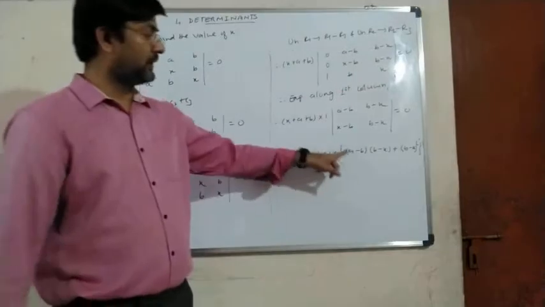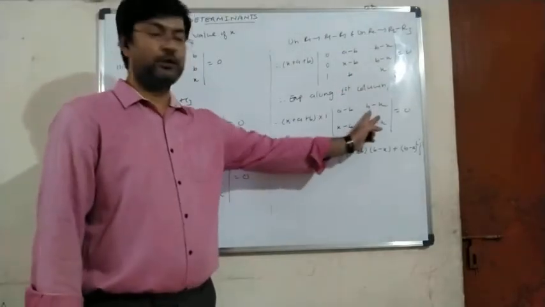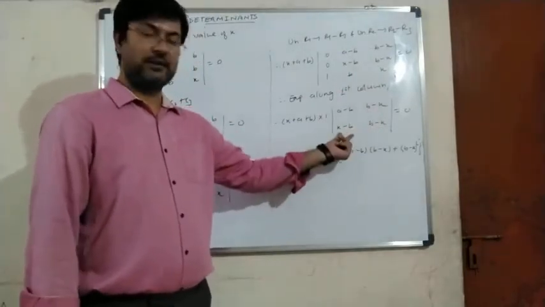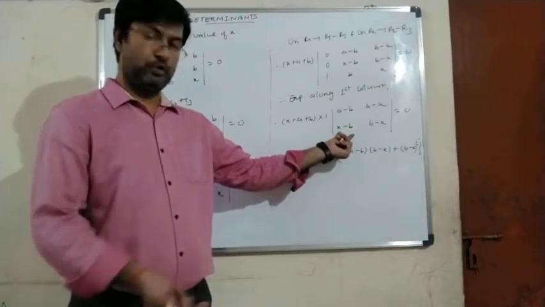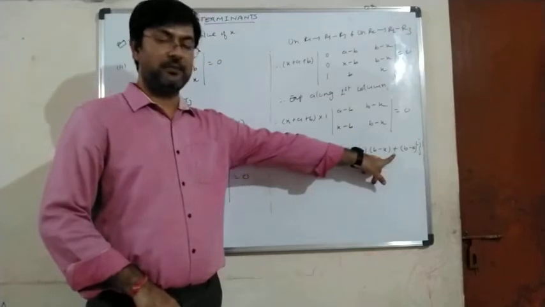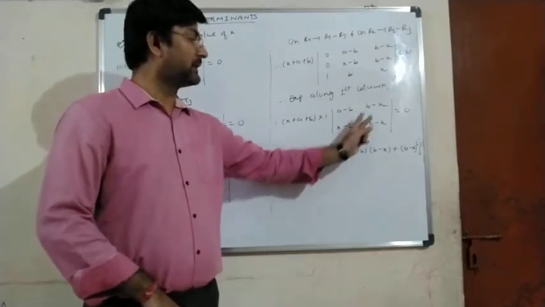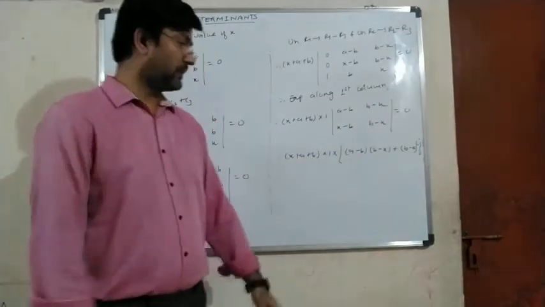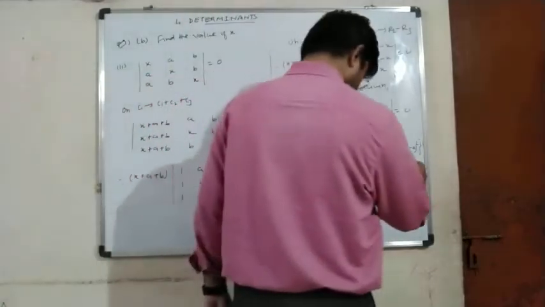Okay, actually it is minus x minus b into b minus x. I have converted this x minus b into b minus x, so for that we will take minus sign common. So here minus minus plus b minus x into b minus x will be b minus x the whole square